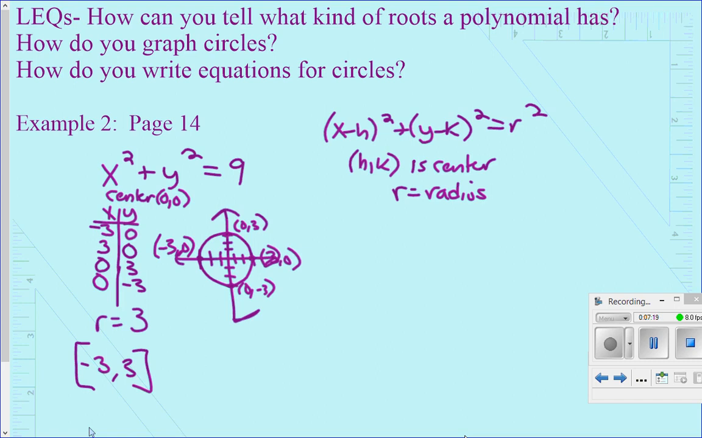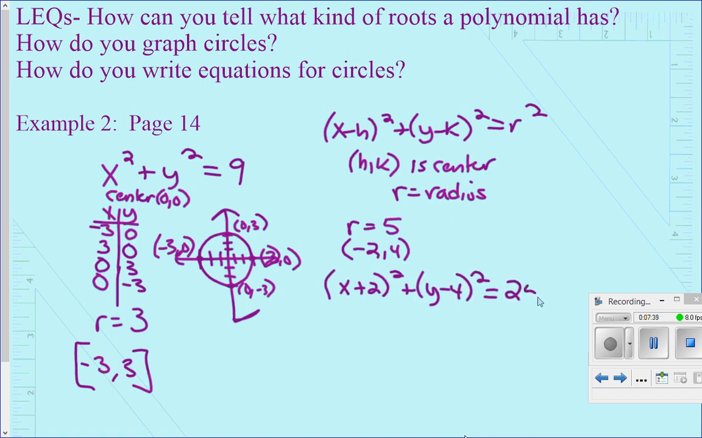So then if I want to find the equation for a circle with a radius of 5 and a center at negative 2, 4, I'm going to substitute the information into our general equation. And I'm going to get x plus 2, the quantity squared, plus y minus 4, the quantity squared, equals 25, or 5 squared. So that would be your answer for the question at the bottom of page 14. Okay, so that takes care of page 14. The only thing we didn't do there was